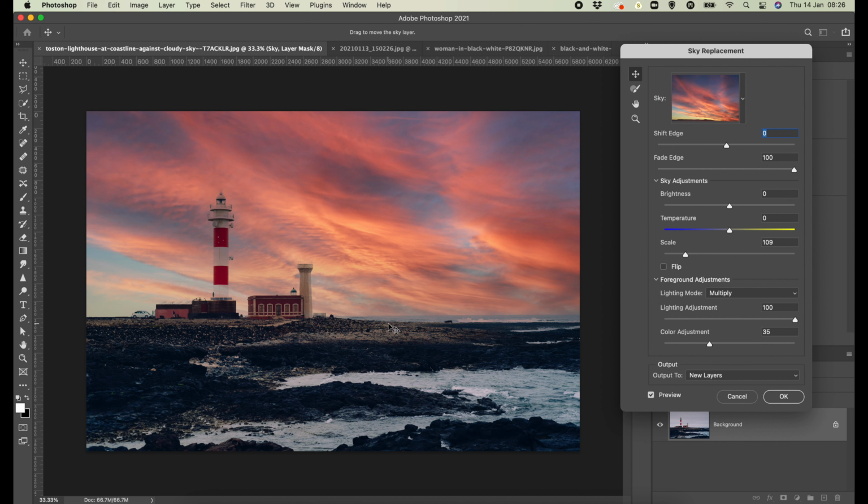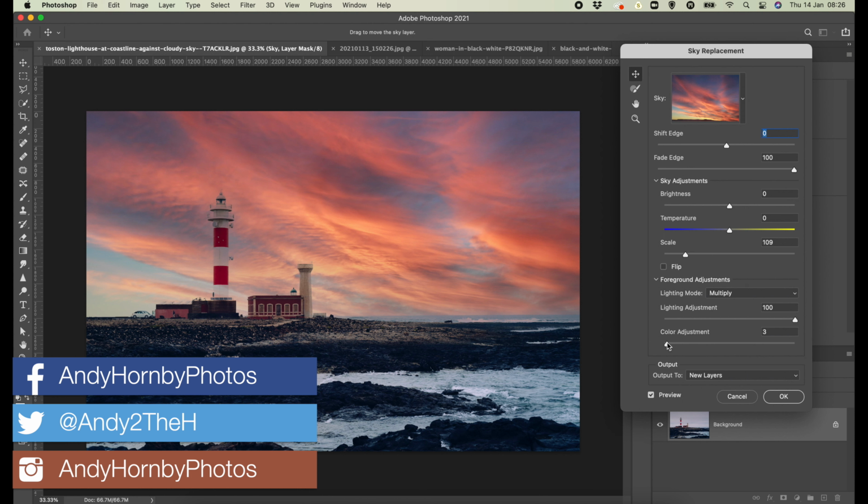It assumes that the current time of day is darker than what it was originally, so it's added some darkness and some color adjustment. Now watch that foreground. Now we've got a lot of this color in the foreground. That's huge. That's massive. If we go all the way to the other side, we've now got the original color